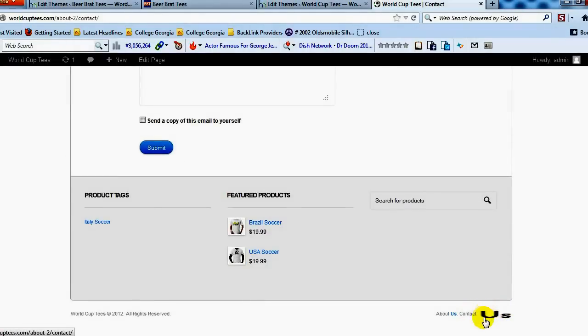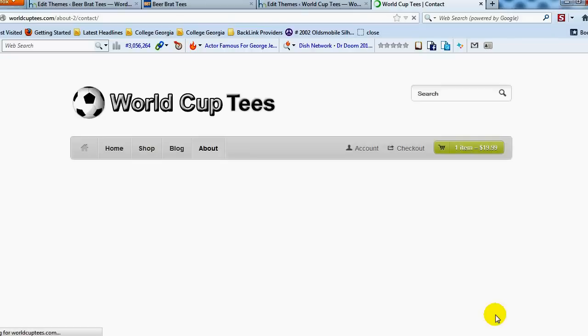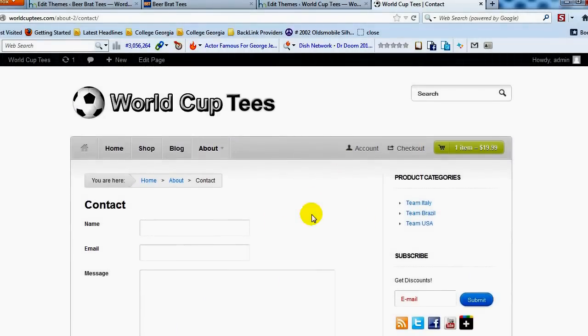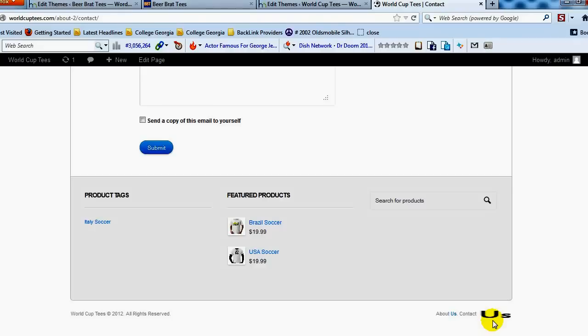And I need to fix that image a little bit, but it did work. It now says Contact Us, and this link here should go to our Contact Us page. There we go. So that did work, it goes to our contact page. I just would need to resize that image a little bit. I made it too big. And I would do that, but I'm not going to waste your time resizing an image on this video. Just wanted to show you quickly how you change those links that are in the bottom right hand corner of your WooStore theme,